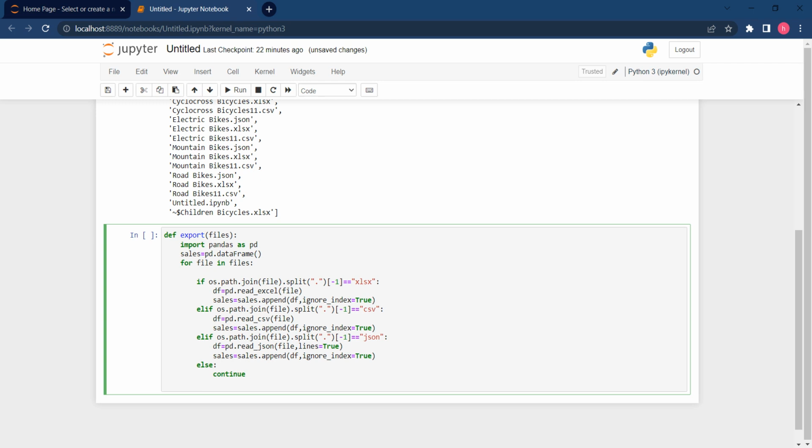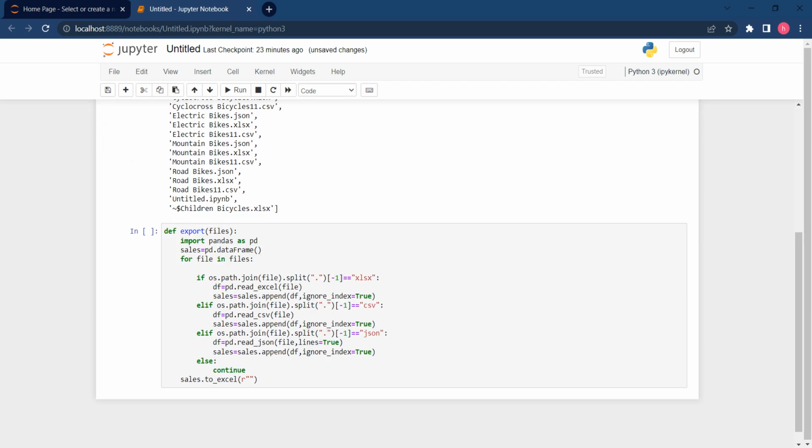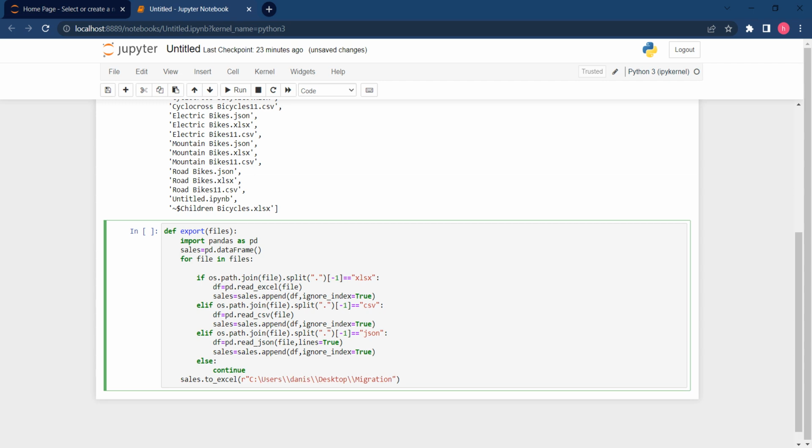And if you want to do that, this is our for loop. And right now I am out of the for loop, right? And I'm going to type sales.to_excel, right? And there's gonna be, I'm going to put it in this directory. Let's get rid of this one, and let's name it collected_data.xlsx,